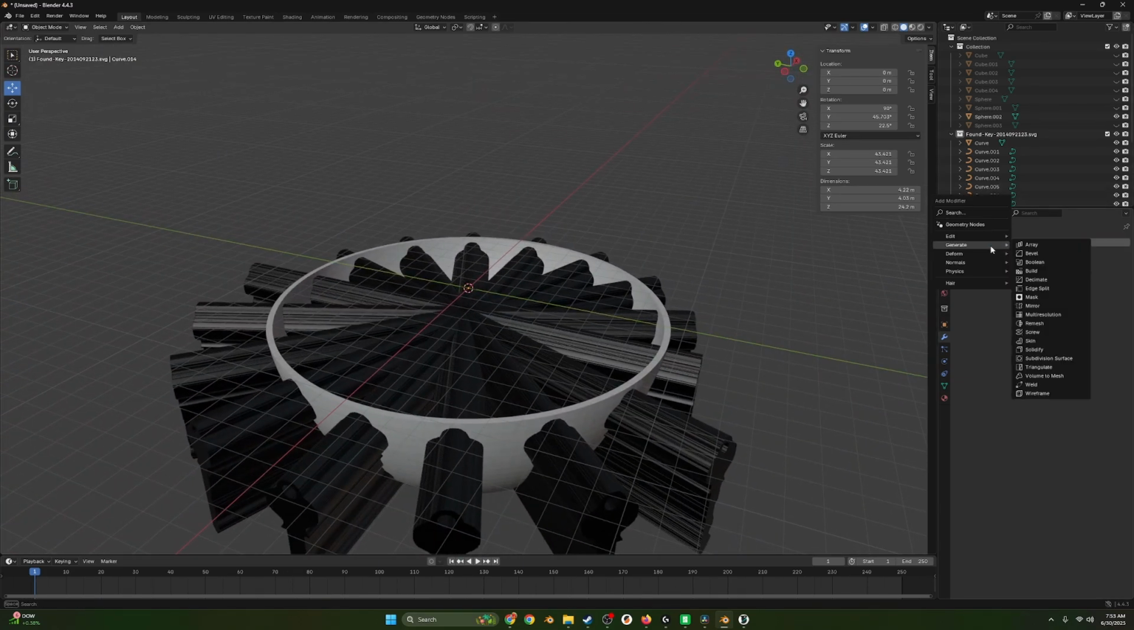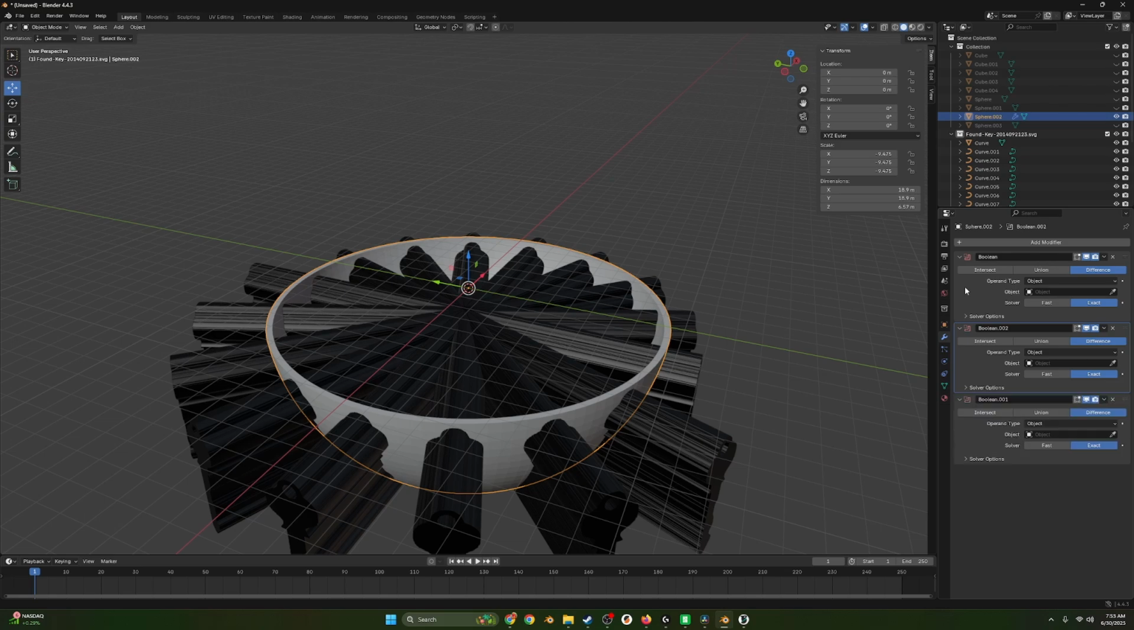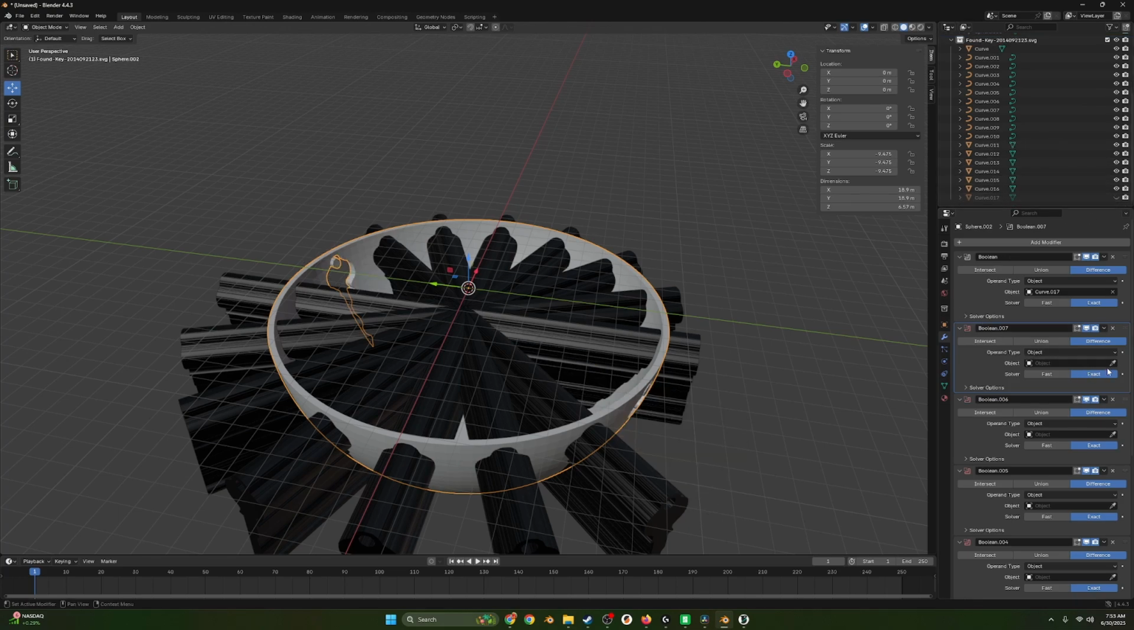So next, we're going to add a Boolean to the bowl, and because we have 8 sets of keys, we're going to hit Shift D 8 times. So 2, 3, 4, 5, 6, 7, 8. And for this, it might be easier just to use the eyedropper to select the curves because there's a bunch of names. And once we see that it's selected, we can turn it off and then hit the eyedropper to